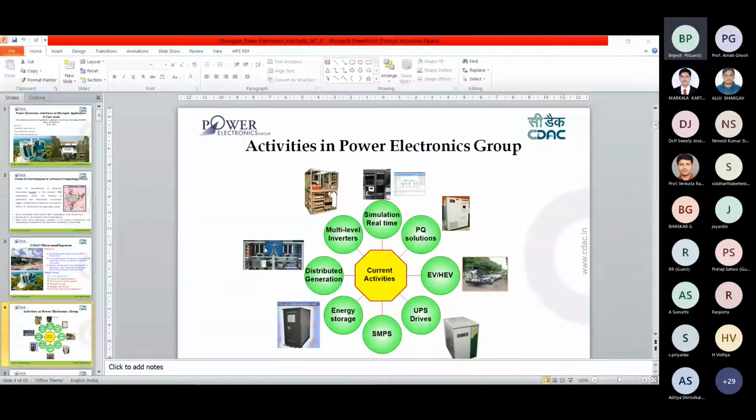The 230 volt AC is connected to every house. And for street light application, we use low voltage DC, LVDC architecture, for powering the control room and the street light application.